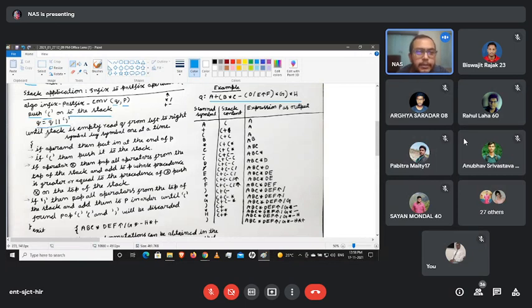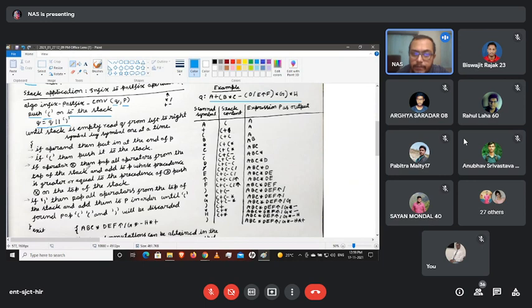Okay, and this line you already know why we are using this one. Now, next we are coming to: until the stack is empty, read Q from left to right. We are going to start reading it from left to right, symbol by symbol, one at a time. If operand, then put it at the end of P. If we are encountering an operand, we are going to put it at the end of P. And if the opening bracket is encountered, then push it onto the stack.